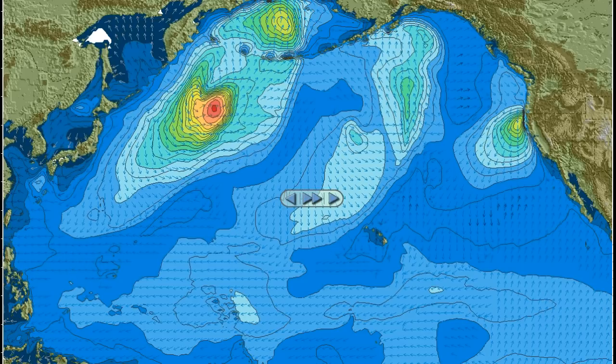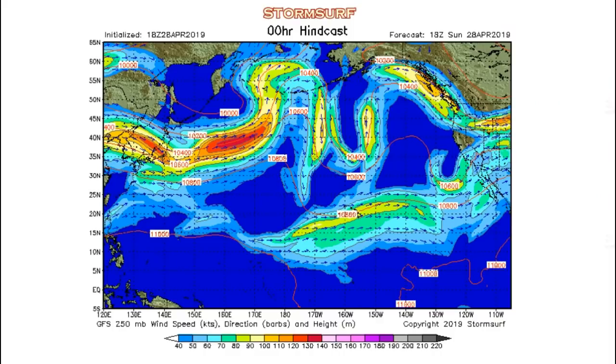All right, let's get into the details. As usual, we'll start our tour looking at jet stream level winds. These winds up about 30,000 feet help support the formation of gales, and when those gales do form, help direct their track. You're probably wondering why we're looking at the northern hemisphere and not the southern hemisphere, and that is because the southern hemisphere really isn't doing much quite yet, but that might be short-lived. So we'll take the last gasp look at the northern hemisphere before we probably shift south for the next 6